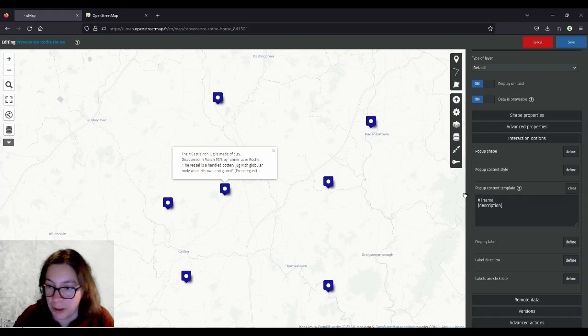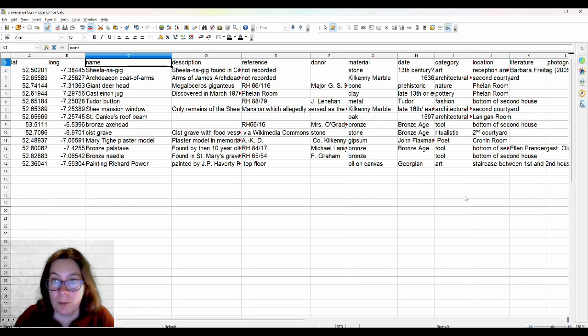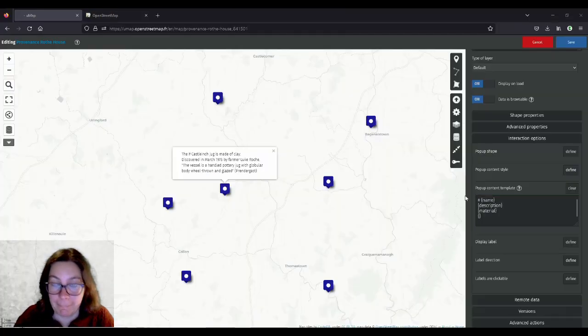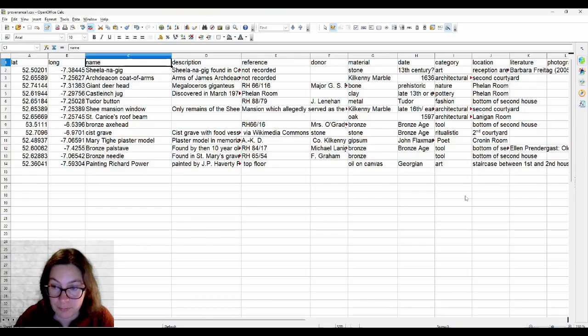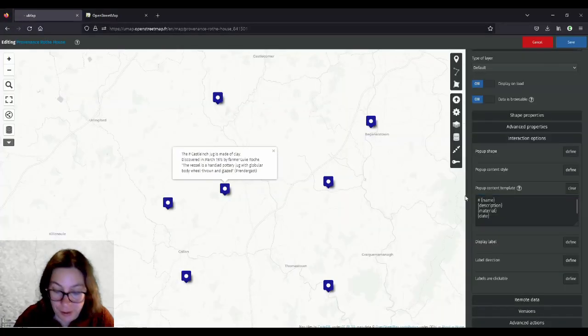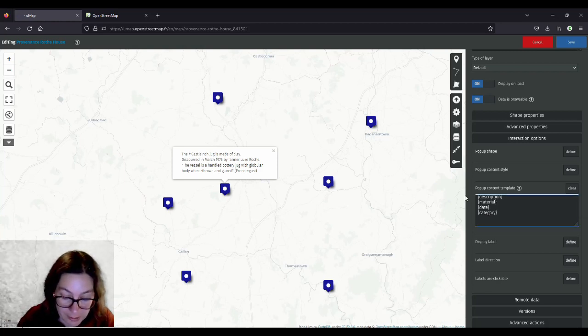So description, let's say material, wavy brackets, material after that, and after that we'll have the date, and then the category, and then maybe we want an empty line, and we put the donor next.